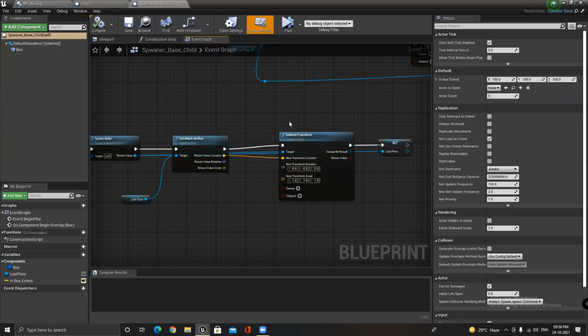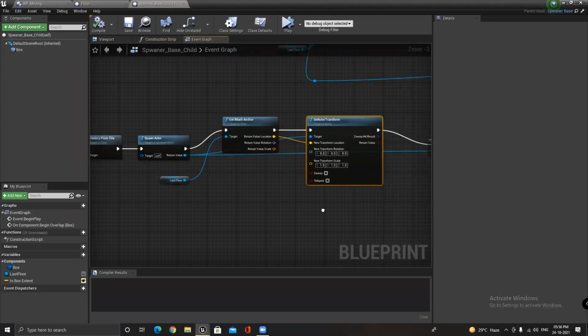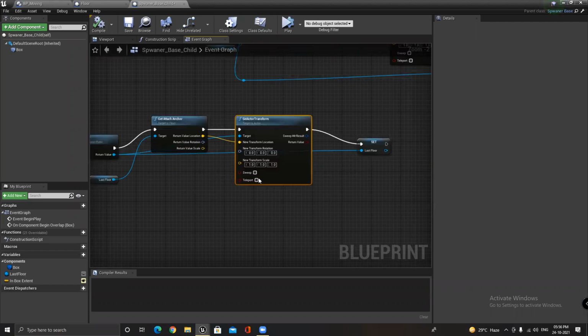Spawning in after attaching it and setting our last